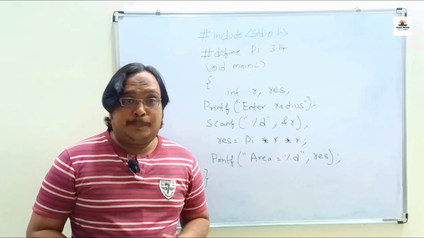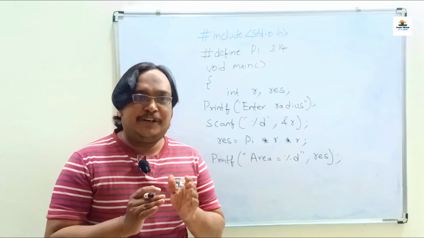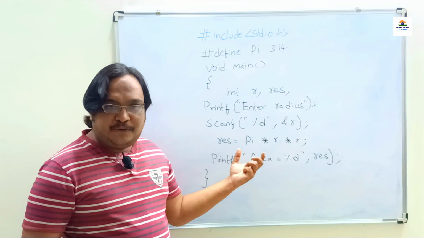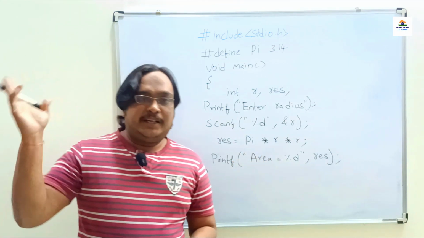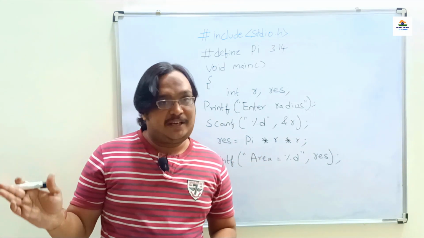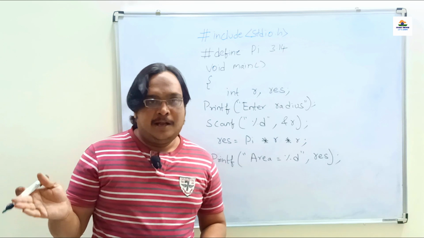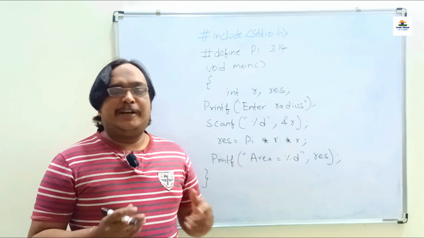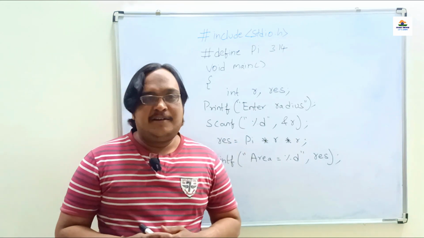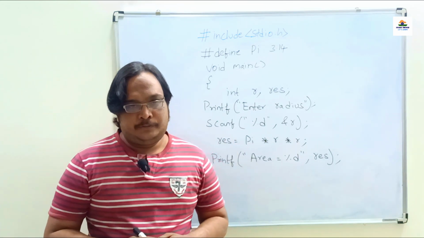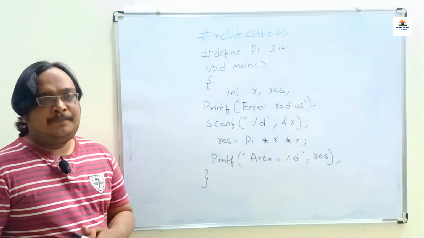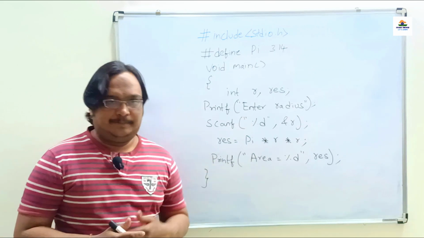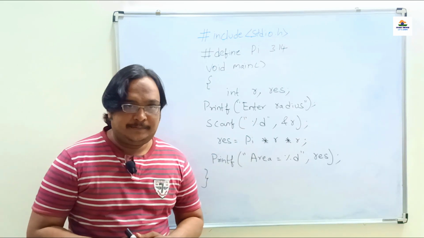Suppose you want to print the exact approximate fraction value, then as I told you in the previous classes, that is type conversion. There is one class in my previous lessons, you can go through that type conversion. Then you can print in the form of float also. So this is a sample program used to find the area of a circle.